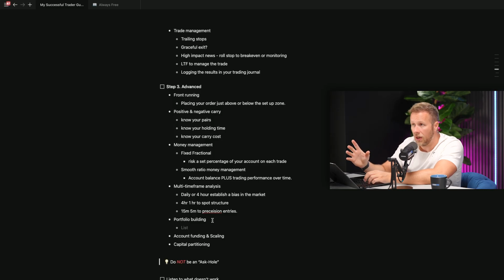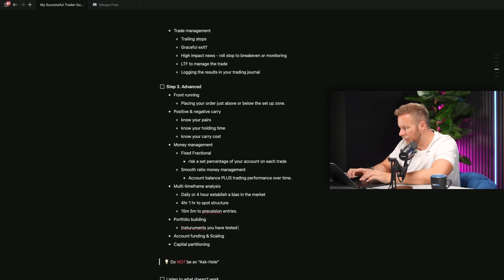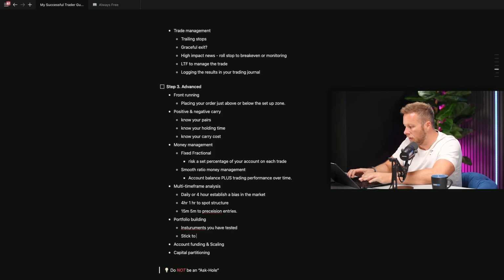All right, let's talk about portfolio building. Every trader needs a portfolio, even if you're only trading a few markets. And here's how you build it. So you start by selecting instruments you have tested and understand well enough to include in the portfolio. Stick to 3 to 6 pairs, particularly if you're new, and pick ones that match your